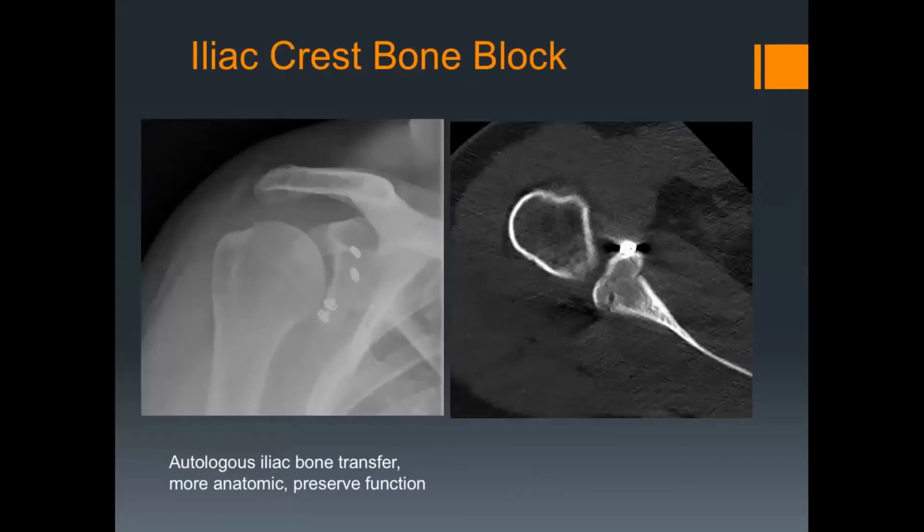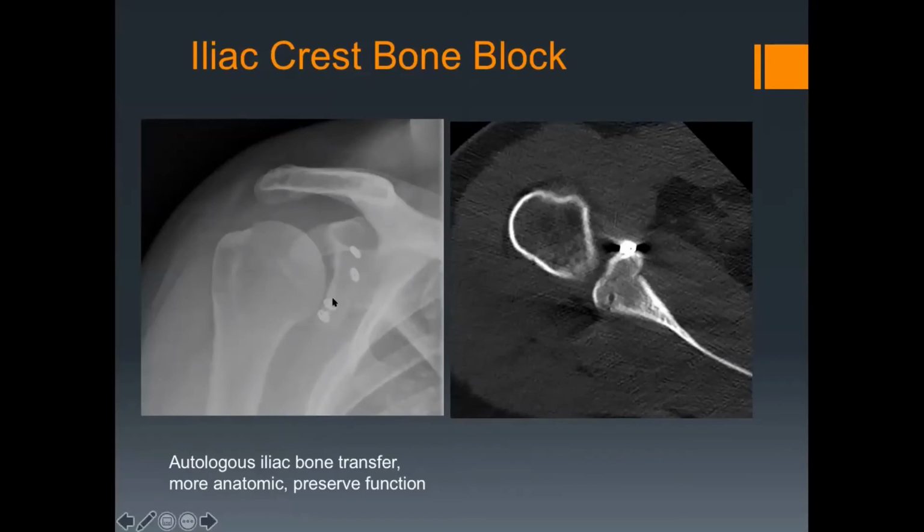So this is an example of a different bone block procedure. I think this is the one you do, isn't it, Dylan? Yes, yeah. The iliac crest bone block. And this is essentially an autologous iliac bone transfer. So you graft bone from the iliac crest and implant it on the anterior-inferior quadrant of the glenoid. And this is an example here. So you've got